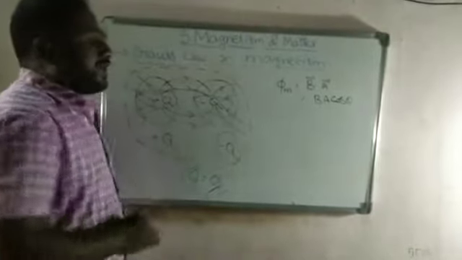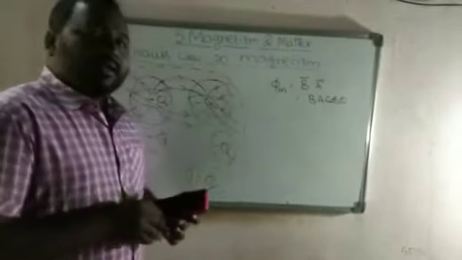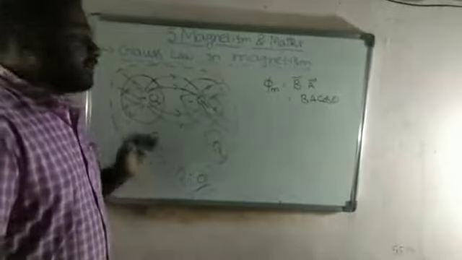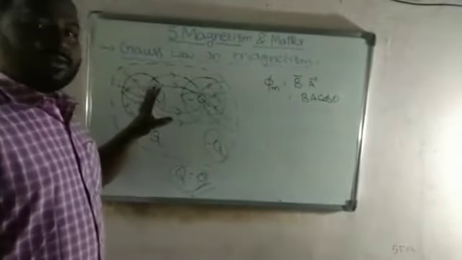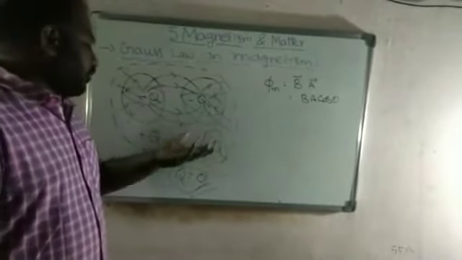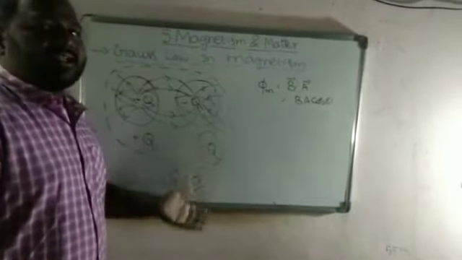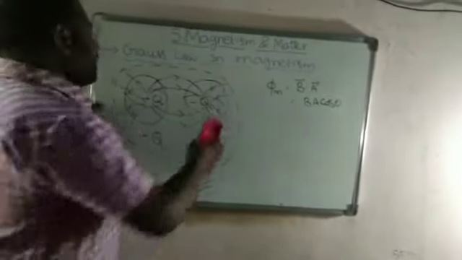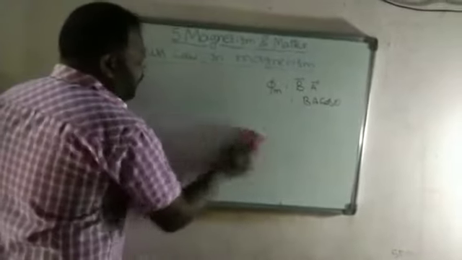Okay? So like that we define the Gauss law for the electric field. We consider a closed loop, and around that closed loop we see how much charge it encloses. From that charge we can calculate the electric field. In a similar way, here we are going to take the Gauss law in the magnetic field.